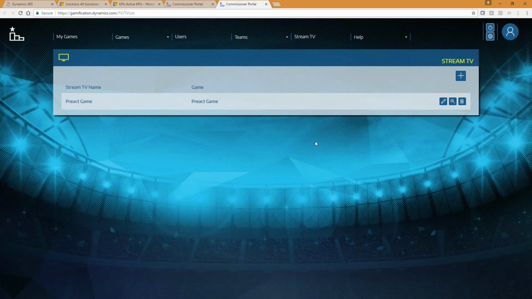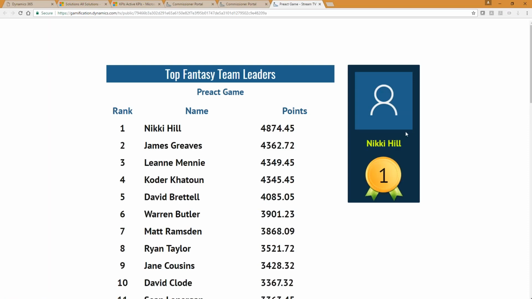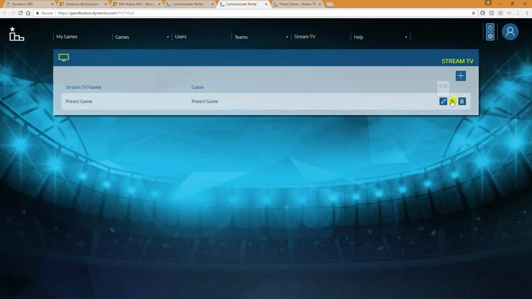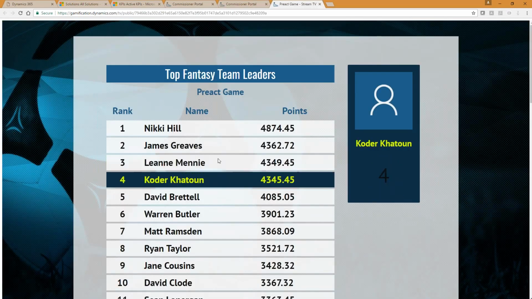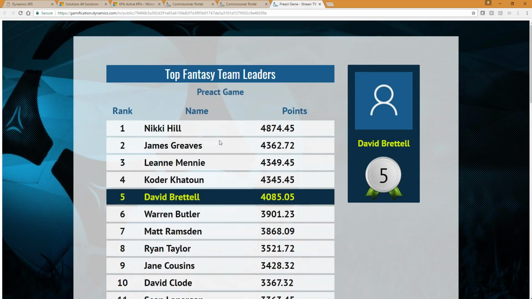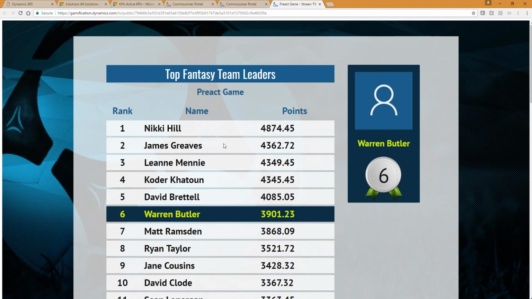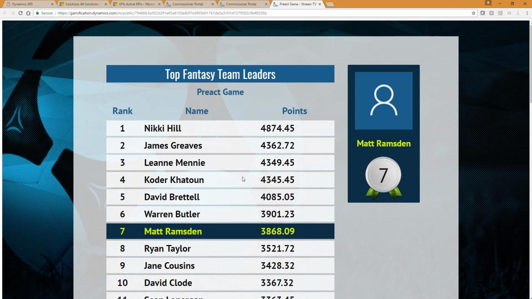If you're in like a heavily managed call center or a busy service desk, you can have a screen up to show you all this happening in real time as you go. So that's called Stream TV, and you can access that from there. You set it up, you set up what it wants to be showing, and then you can see this then runs through on a position, the various KPIs that we're looking at, and where you are in the standings.